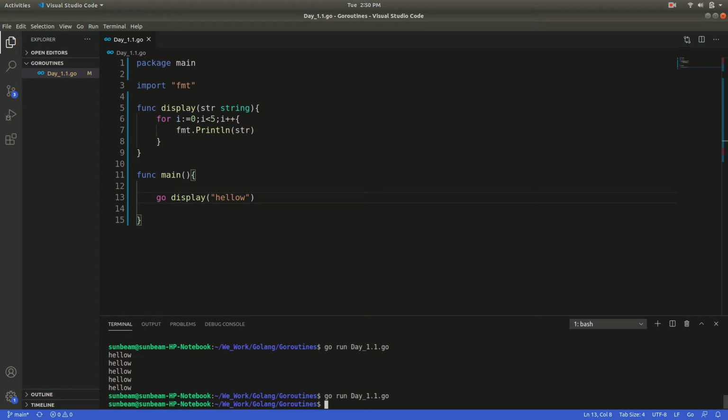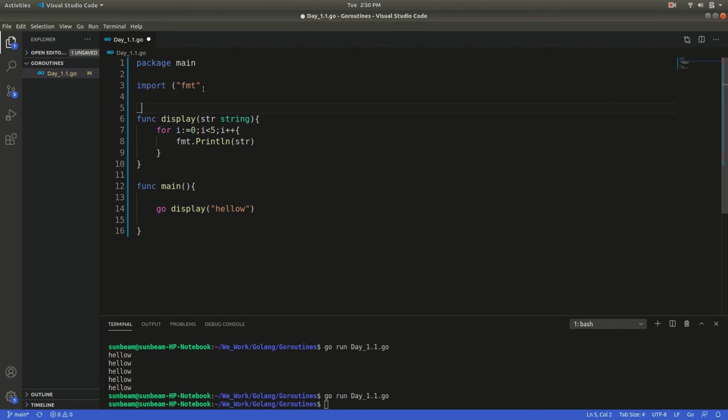Okay, so we write some tests. We import the time package to test the function.